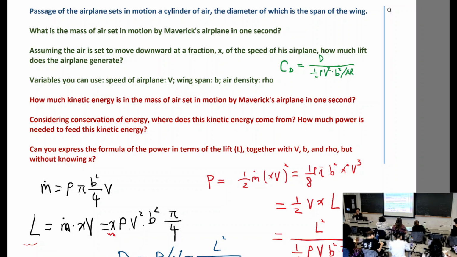Right, because b divided by aspect ratio is the chord length. So b times b over aspect ratio is the area of the wing. So that's CD, and CL is exactly the same: lift divided by half rho v squared, b squared divided by aspect ratio. And if you divide both sides by the same thing, you're going to see that CDI, the induced drag coefficient, is going to be